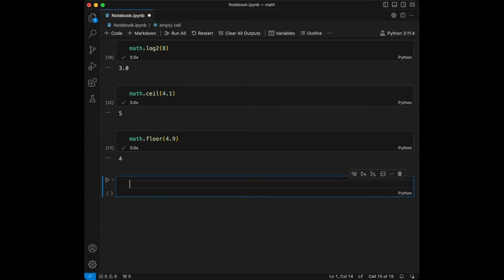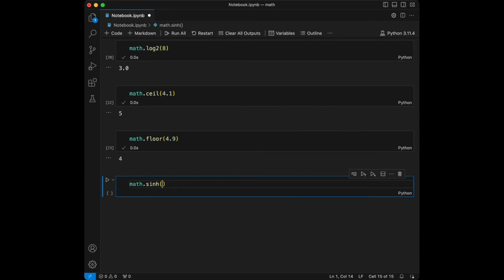Let's talk about hyperbolic functions. Hyperbolic functions, like their trigonometric counterparts, are useful in various calculations, including complex numbers and waveforms. So that's why I want to include them also in this tutorial. Let's see how to use sinh, cosh and tanh. This h will represent the hyperbolic in there. So we will say